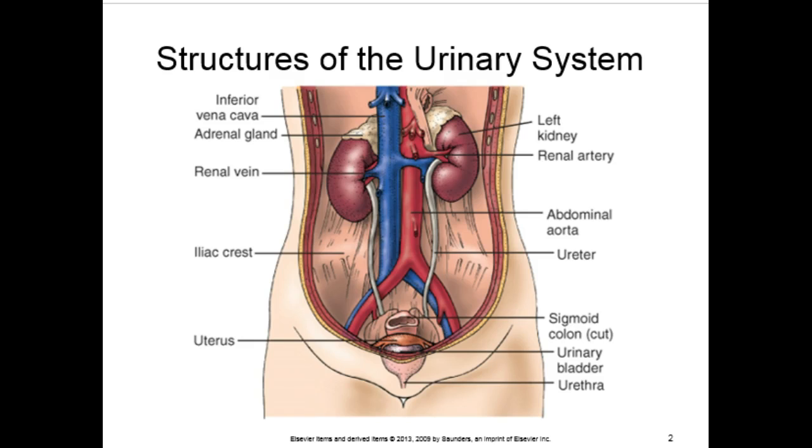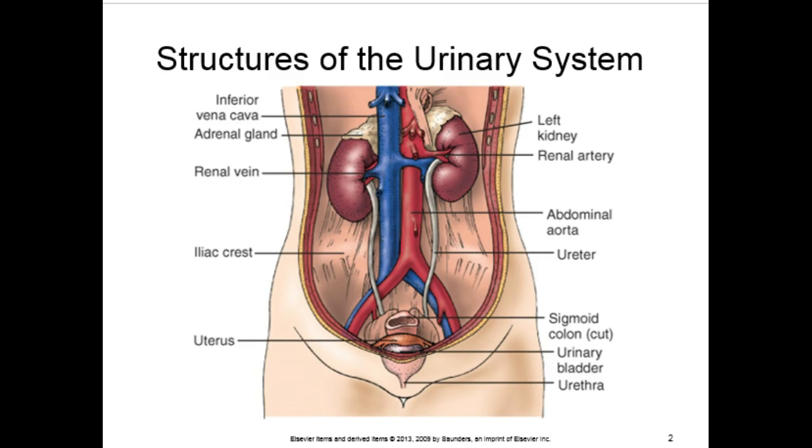Then the urine is carried by the ureters from the kidney to the bladder through peristaltic action. The bladder is a hollow muscular organ. It serves as a reservoir for the urine. The inner lining of the bladder is a mucous membrane. The urine passes from the bladder, then down the urethra,